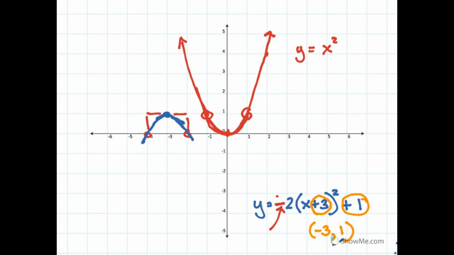But it's got a negative 2. So that's going to take those points, which were over 1, down 1, and it's going to make them over 1, down 2. So instead of being the same shape as the basic parabola, it's a little steeper. Its U is a little tighter and it goes down more steeply. So that's how we use all the constants in the equation to graph the parabola.